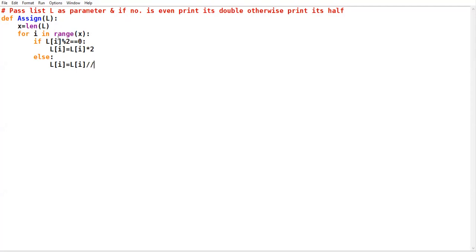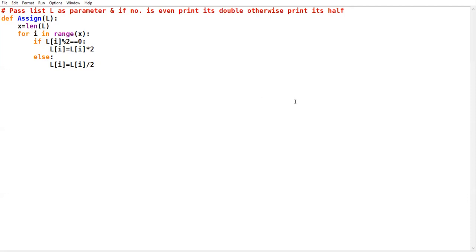When the CBSE board gives the program of list, at the bottom of the question they also give an example of how the output should be displayed. The only difference is that floor division will eradicate the decimal part, and if you are using the simple division operator, it won't eradicate the decimal part. So I will be displaying output in both ways. Whichever method you want to opt, you can opt.